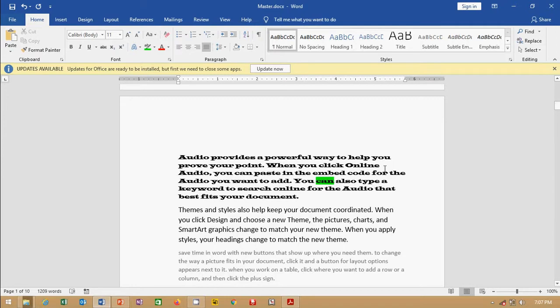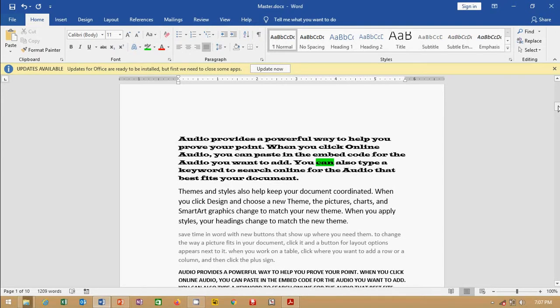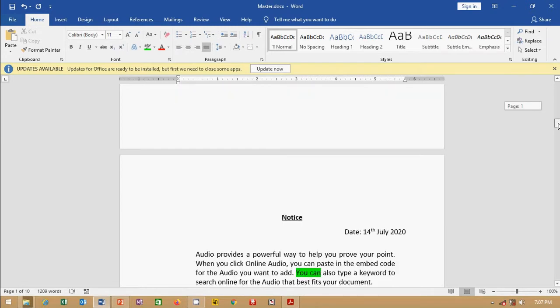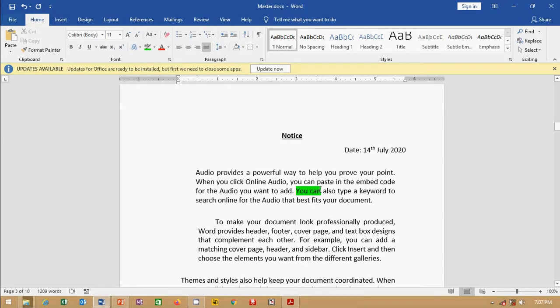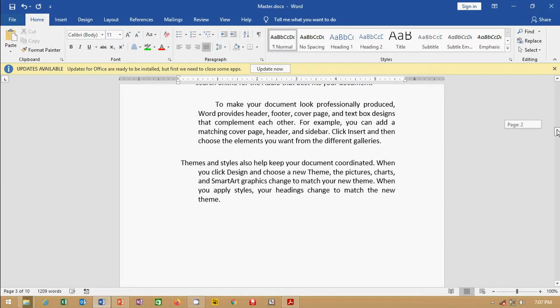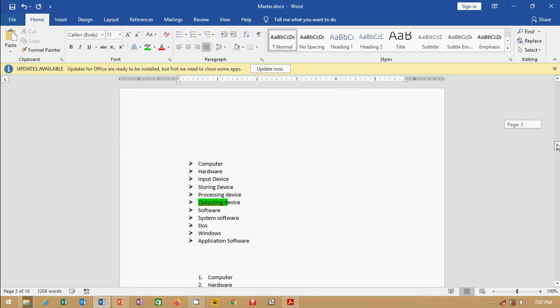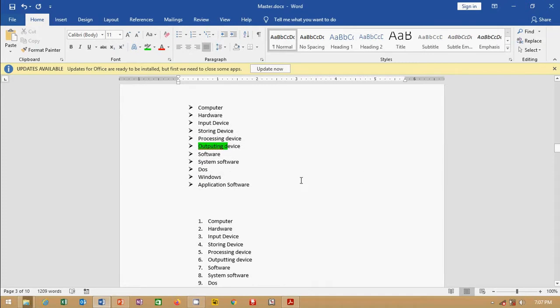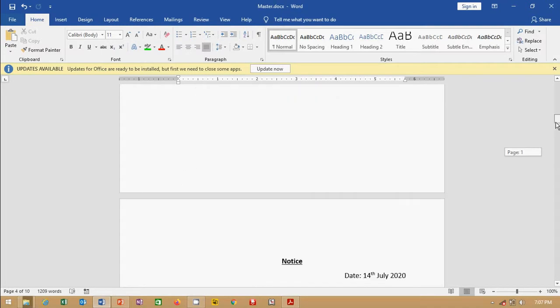So I can move from one location to another. The way is only to scroll and see the location where it is highlighted. First we need to highlight the places, and now we need to go to these locations through the scroll bar and check. So we can go like this. But this is not the easiest way. Let me show you the easiest way.